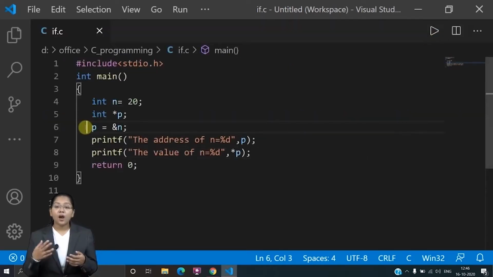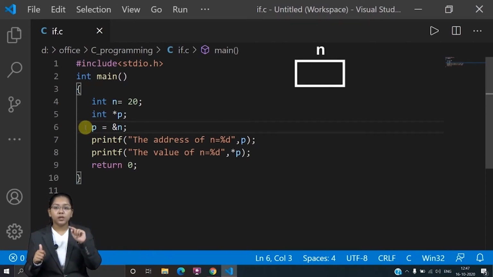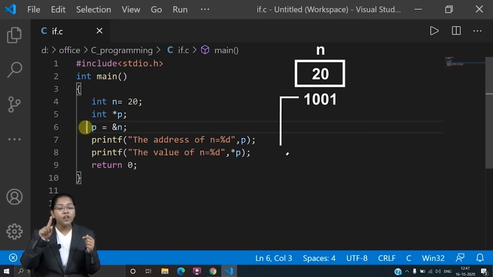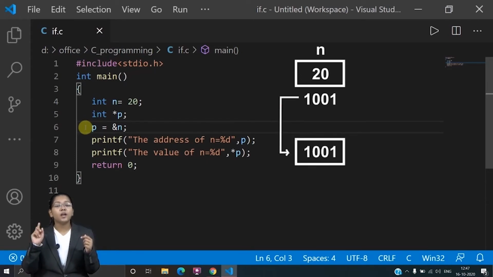Right? Now, how is the program working? Let's see in detail. First, I have a block and there the n value is stored. That is, the n value is equal to 20, right? So 20 is stored, and that particular block will have a particular address. Let's say 1001 is that address. Now in p, what is getting stored? p is equal to &n, which means the address of n is getting stored in my p